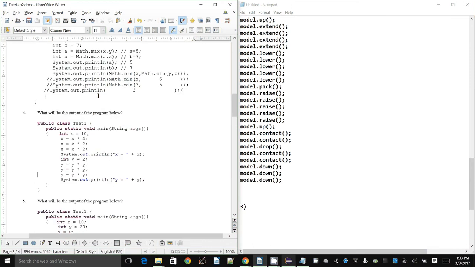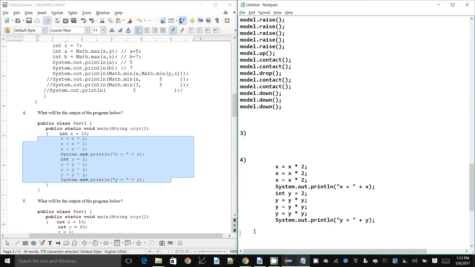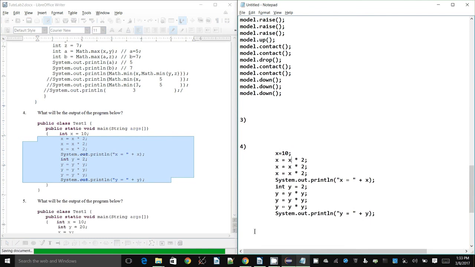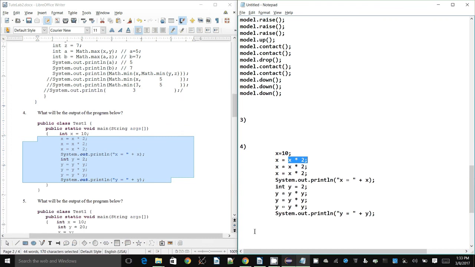So let's take a look at question 4. What will be the output of the program below? We have x equals 10, so the value of 10 is assigned to x. So x is going to be 10. And as I said earlier, do it like this. Copy the code, for example. We had x equals 10. And replace things. So x equals x times 2. That means it's going to look at this side first and evaluate that out, right? Expand that out. So it'll say, referring to x,